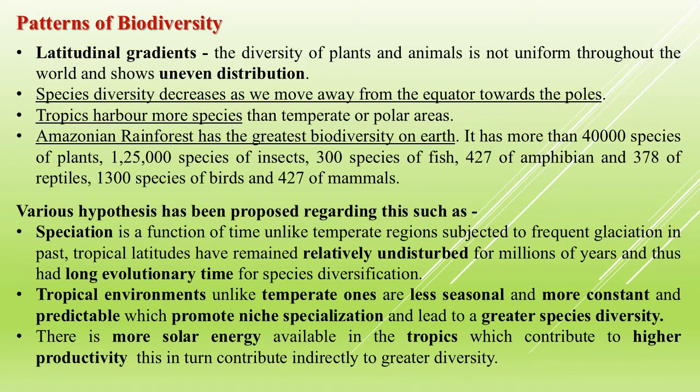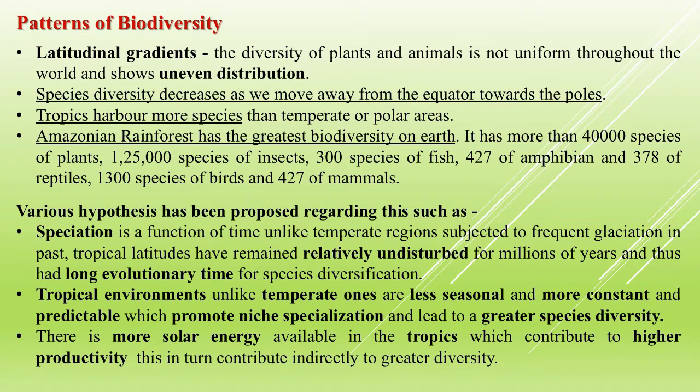When we move away from the equator towards the pole, we find species diversity gradually decreases. The locations which are nearer to the equator show rich species diversity, and the places which are present towards the pole, that is away from the equator, show less species diversity. So the maximum species diversity is in the equator region, and after that